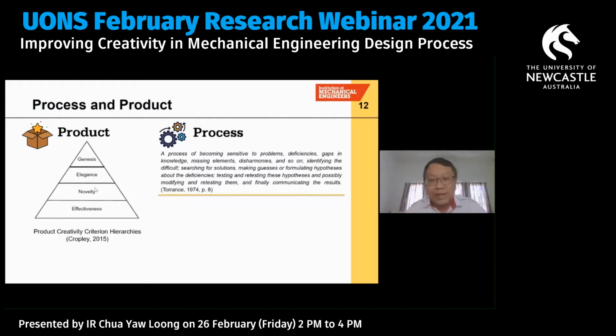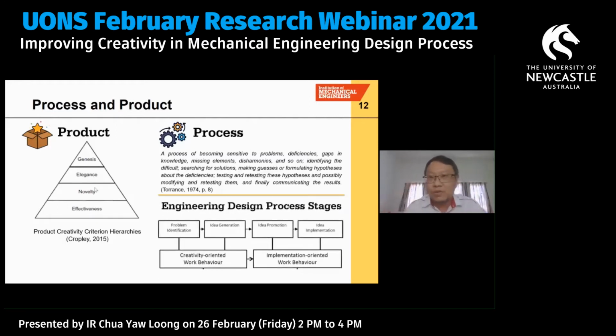It's a process of becoming sensitive to problems, deficiency, gaps in knowledge or missing elements, disharmony, and so on. Then you need to identify the difficulty, looking for solutions, making guesses, and formulating hypotheses about the deficiencies, testing those hypotheses and retesting this, and possibly modifying your solutions and retesting them again, and finally communicate your solutions, the results. Now, this definition of creative process is very much in line and in tune with engineering design process stages as